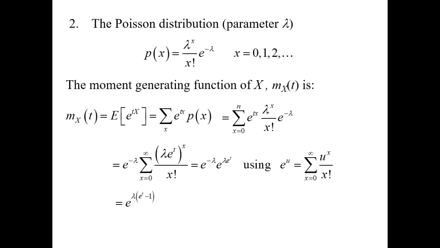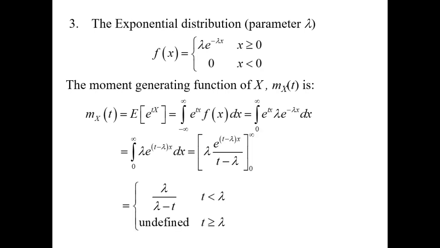The next is the exponential distribution. This exponential distribution is a continuous distribution. Here f of x is equal to lambda e raised to minus lambda x, x greater than or equal to 0. The moment generating function, the same definition, M_X(t) is equal to expectation of e raised to tX. But we'll use integration instead of summation because X is continuous, which is equal to the integral from minus infinity to plus infinity of e raised to tx f(x) dx, equal to the integral from 0 to infinity, because the variable ranges from 0 to infinity, of e raised to tx lambda e raised to minus lambda